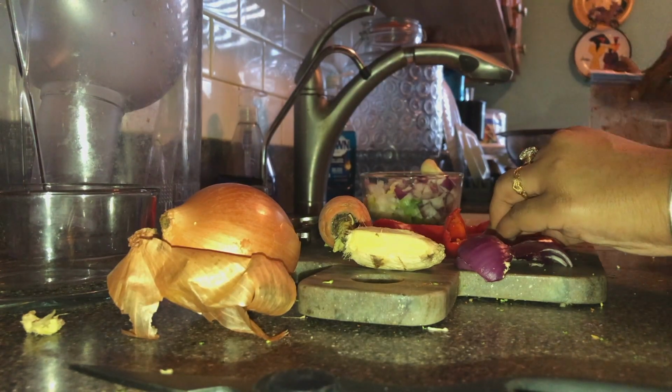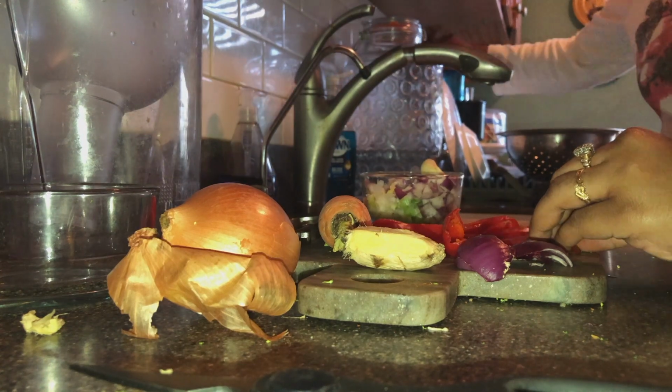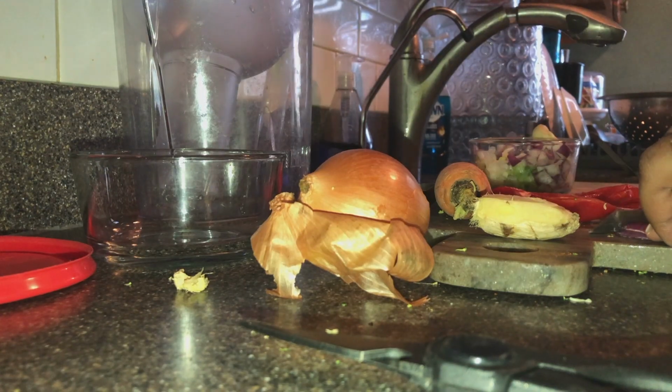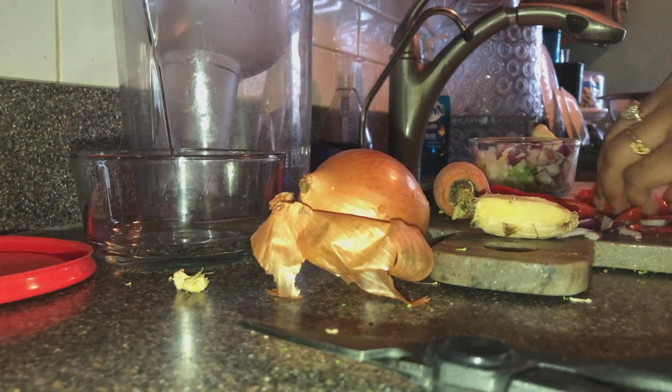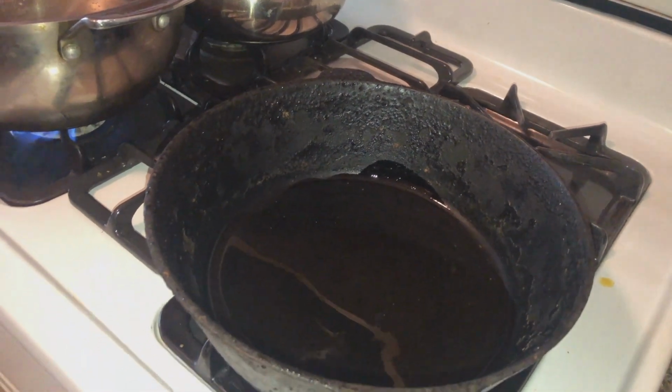Alright, so you're gonna chop up your vegetables. I have onions, ginger, carrot, pepper, scallions, and you're just gonna chop them all up whatever size you want. I like my vegetables and seasonings and stuff like that pretty small. Then you have your stove with the pot on it, so I put some vegetable oil in the pot, and